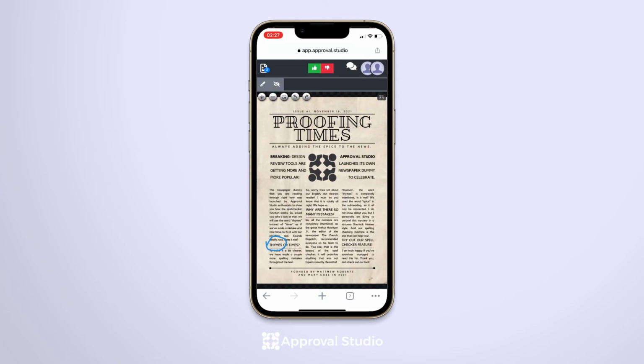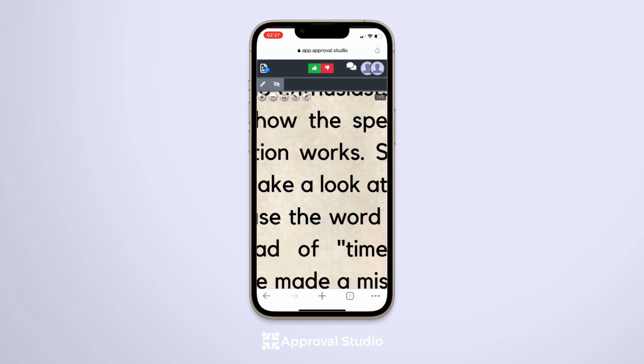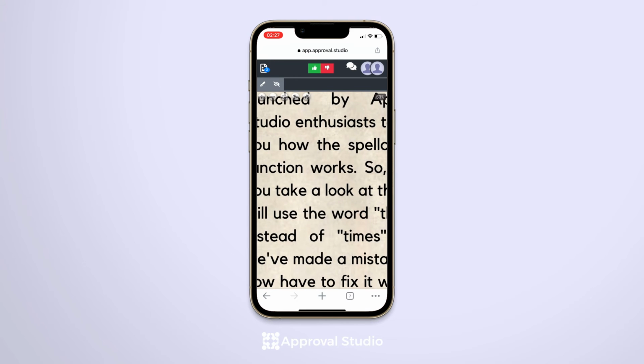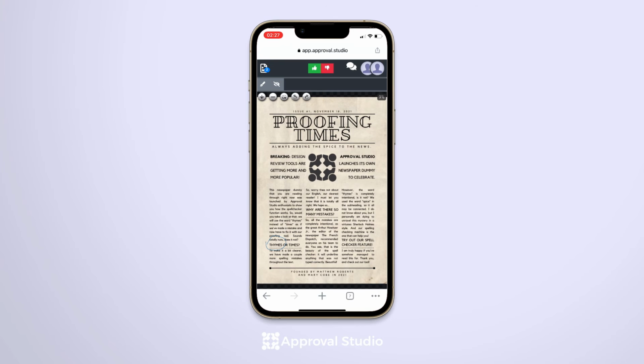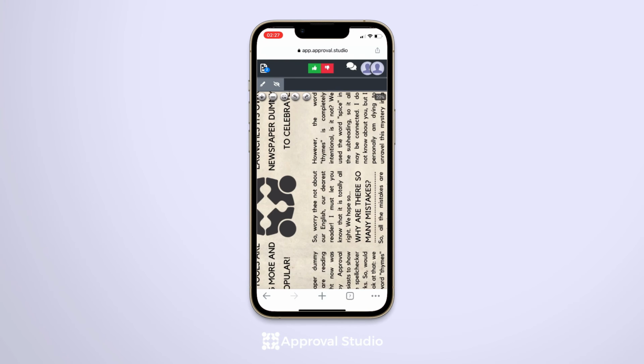Now let's get to zooming and rotation. Approval Studio does not downscale images, which means you will always have the best quality possible, even zooming from your phone to read a seemingly tiny text. You can rotate the file to check it from different angles and still have a quality zoom and fast system